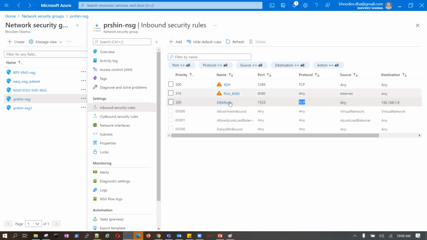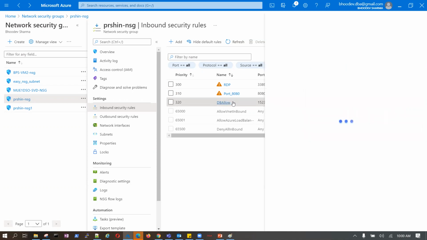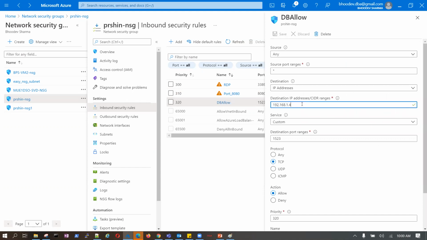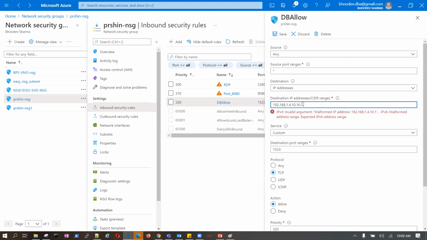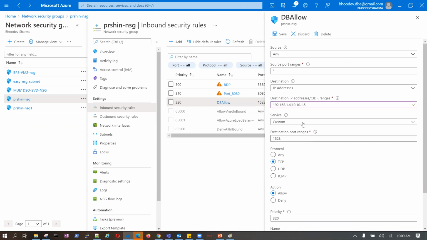Now you want to allow another client to connect to the same database, right? So you go ahead and find that another user is 10.10.1.5. This person also needs database access.